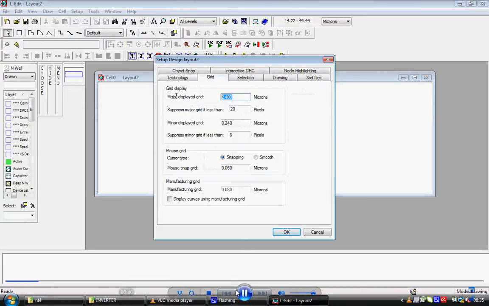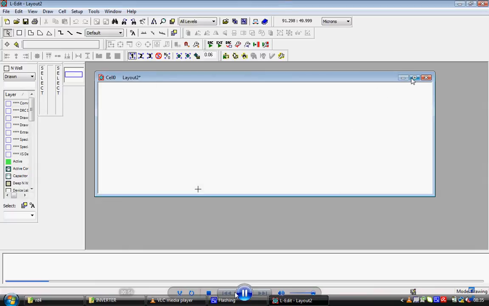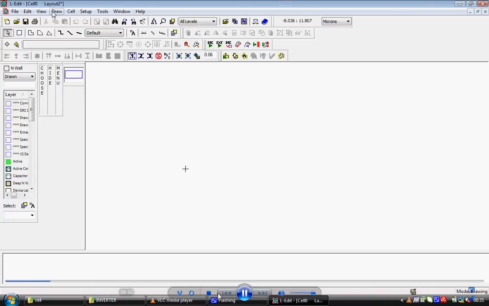Then go to grid, change its size, major display grid, setup design grid. Major display grid should be 0.25, minor display grid should be 0.25. Change the mouse grid cursor type to smooth, then click OK. Maximize the window. Now go for cell,